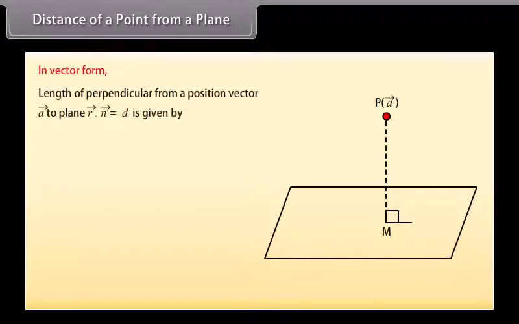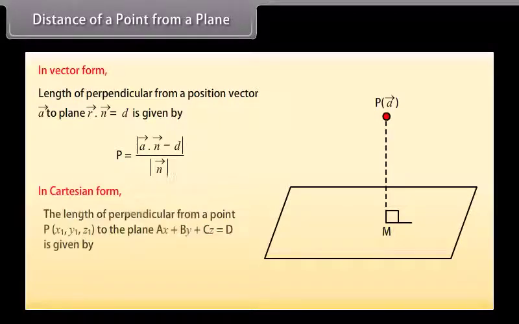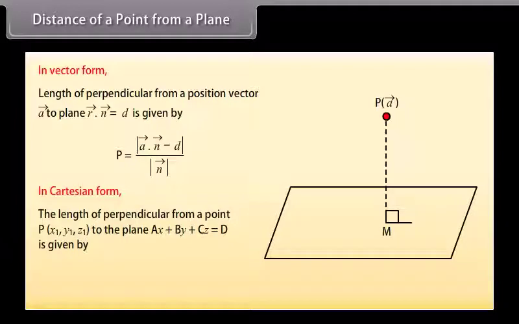Distance of a point from a plane. In vector form, length of perpendicular from a position vector A to plane dot product of vector r and vector n equals d is given by, in Cartesian form, the length of perpendicular from a point P (x1, y1, z1) to the plane ax plus by plus cz equals d is given by